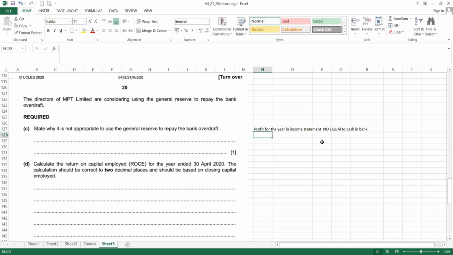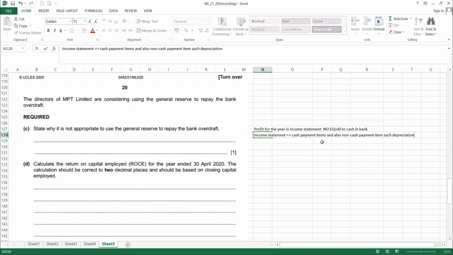Because in the income statement, they include cash payment items and also non-cash items, such as, for example, depreciation, which we do because of the accounting requirement. So that's why, if we transfer the general reserve